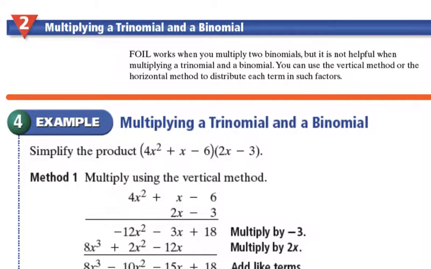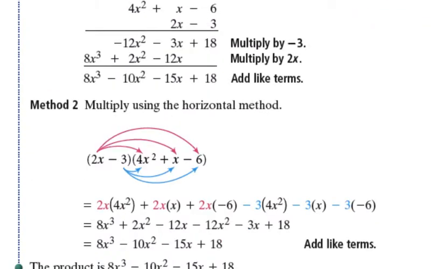Multiplying a trinomial and a binomial. Now, I want you to read this part here. FOIL works when you multiply two binomials, and that's the only time it works, okay? Any other time, you're going to have to use just straight up distributive property, right? So,